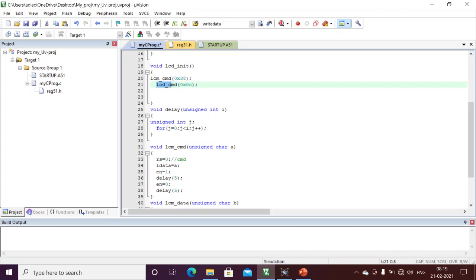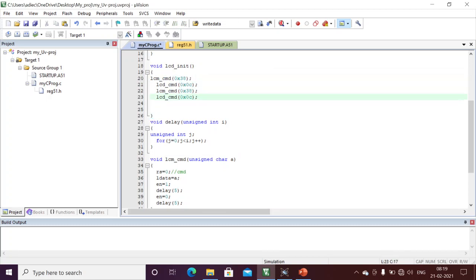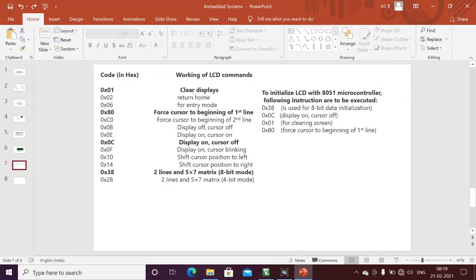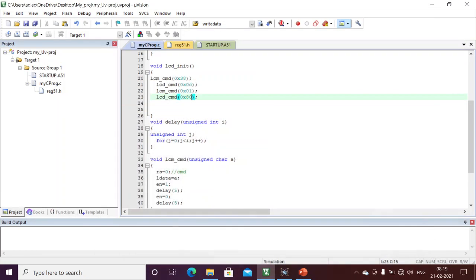Next is LCD command 01, which means I want to clear the previously displayed data. Next is 0x80, the first line address, which forces the cursor to the beginning of the first line.